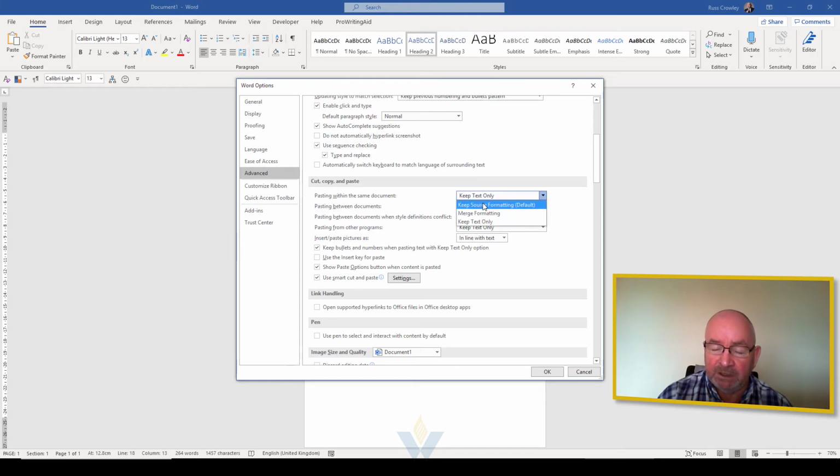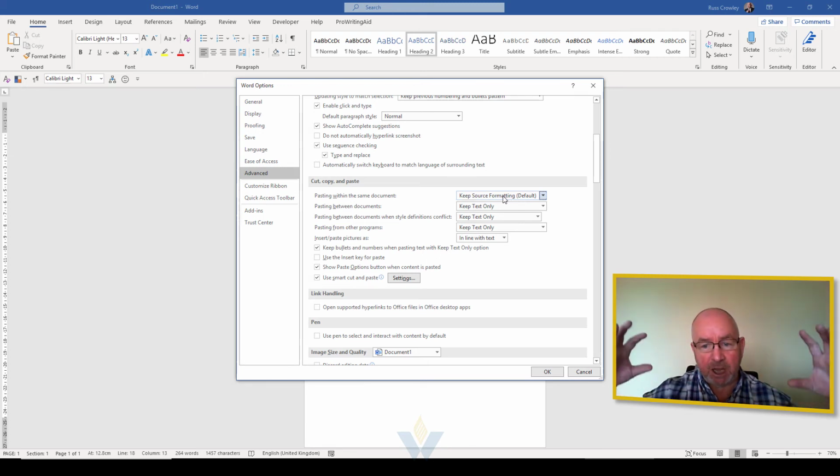For me, depending on the document that I'm doing, if I'm authoring a document and editing a document, then I'll go for keep source formatting, because that keeps all the styles in that document within that document, okay? So I'm not bringing in any external styles or risk of corruption, that kind of thing. However, when I'm pasting between documents, sorry, it's early for me, then I want text only. I don't want to bring in style from external documents, okay?